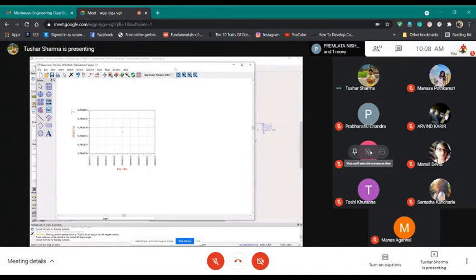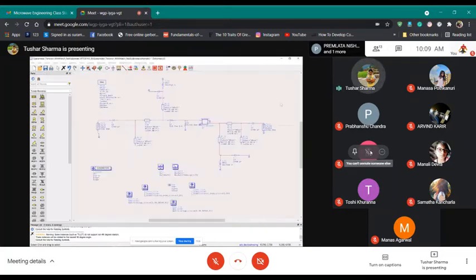But you can check, the gain is not the same as the ideal case, because in the realistic case it's including the substrate loss, it's including different things. So that's why you are getting lower gain. Your S21 is lower.